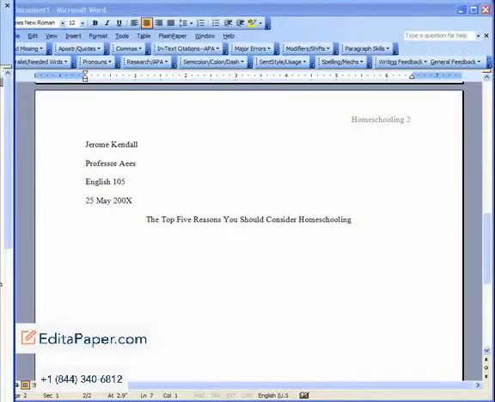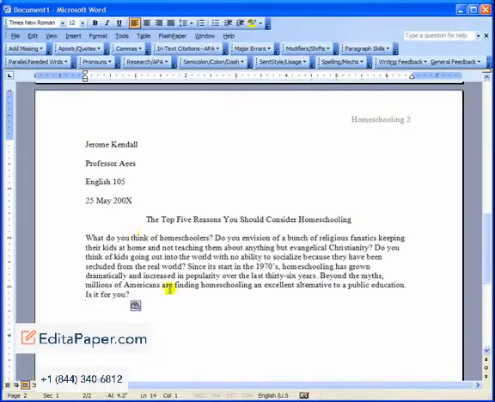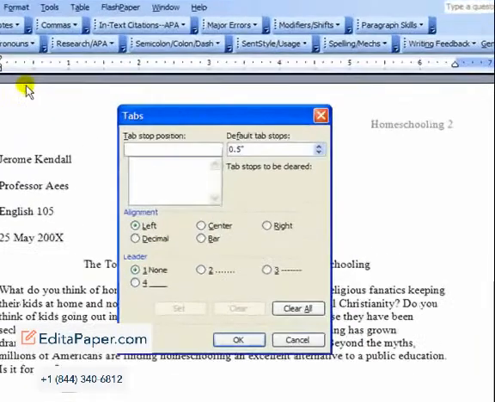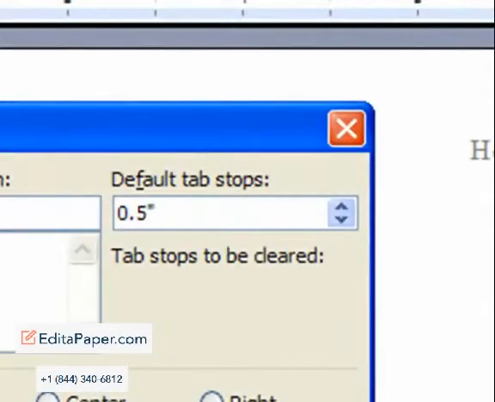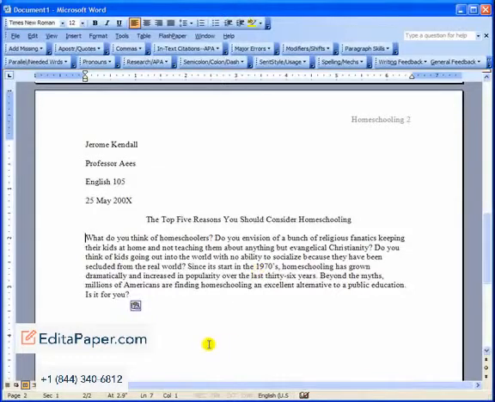Again, I'm going to cut and paste a paragraph if you don't mind, and pop it right in here. Now notice when I put this paragraph in that it's going to be single spaced without an indentation. That's because I want to show you how to take care of that. Click in front of it, and let me help you set up your tabs for proper MLA spacing. Go to Format, Tabs, and you want your tabs set on 1/2 inch. See where it says over there default tab stops 1/2 inch? That's what you want. Now when I hit the tab, boom, it goes over the perfect 1/2 inch,